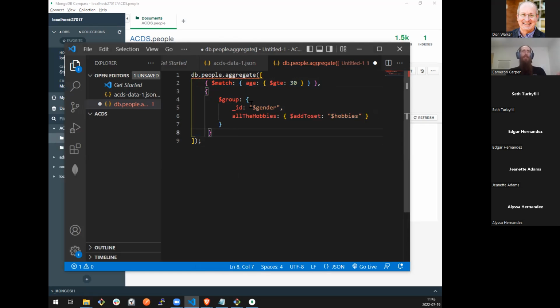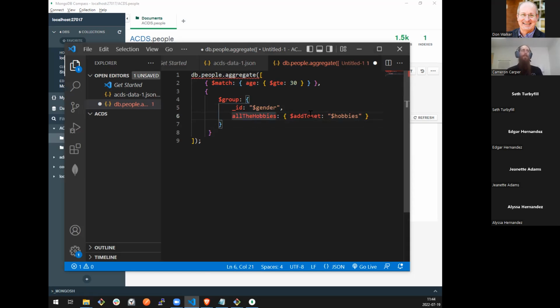Where in SQL we say group by field name or field names, we define that by assigning our grouping variable to our underscore ID field, which is only used for the purposes of this aggregation. It's not going to overwrite the one in your document. So this is effectively saying group by gender, and then we can do all the normal stuff we do in grouping in SQL, we can do here.